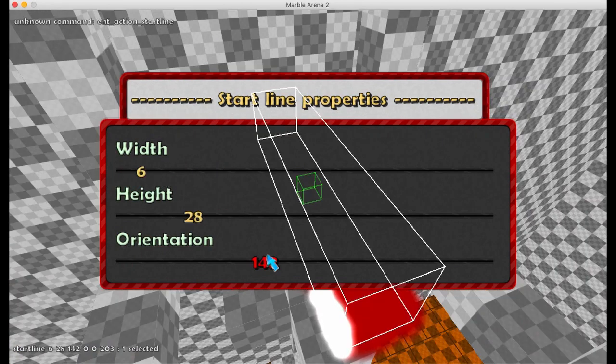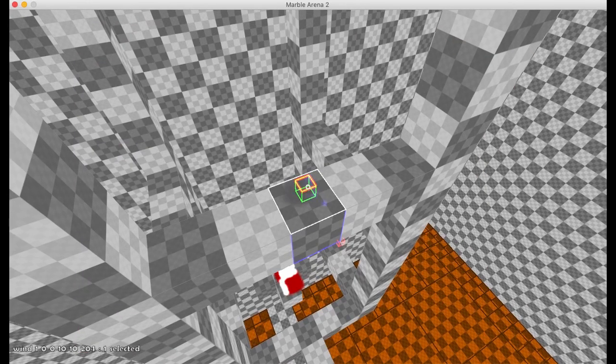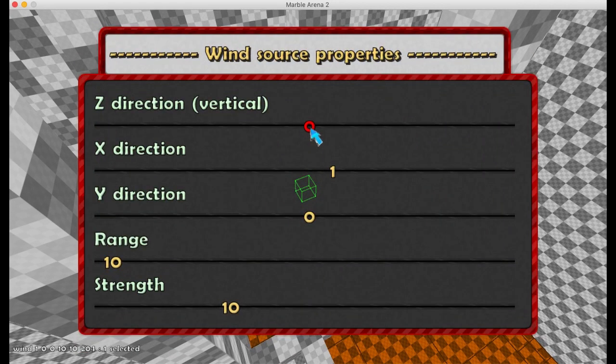I don't get what orientation does here though. Maybe it functions like a player starting point? Next one, I'll check out this wind source. Well, it has these options for each axis to change what direction it goes in. Range and strength. Which I assume strength is just a multiplying effect on all 3 values, like it's scaling the